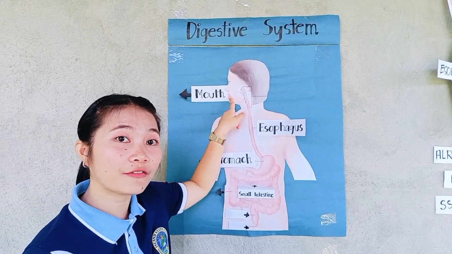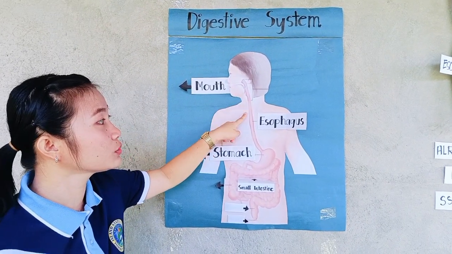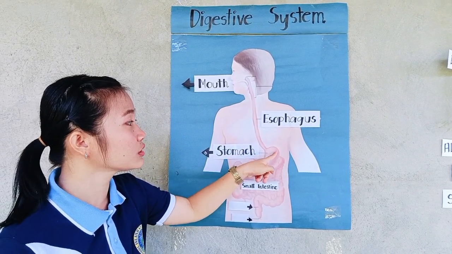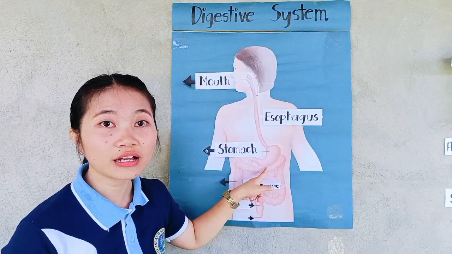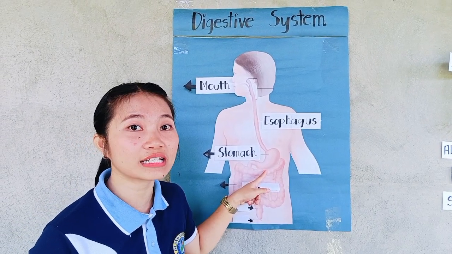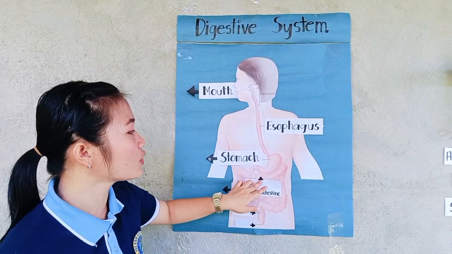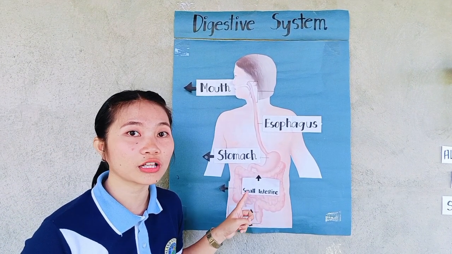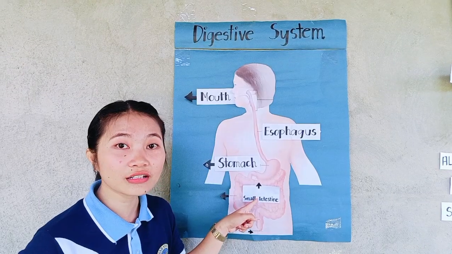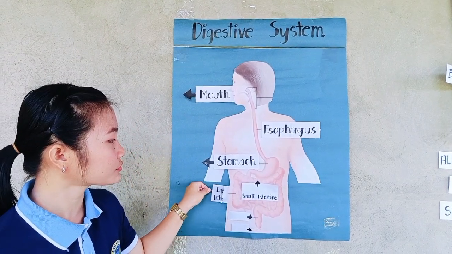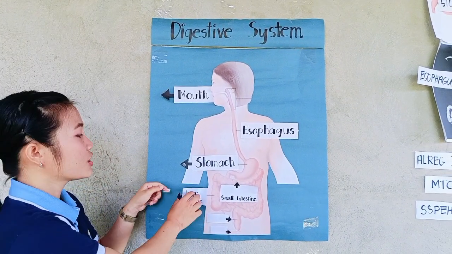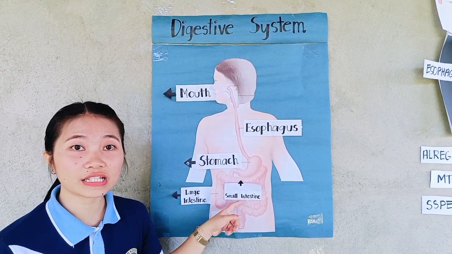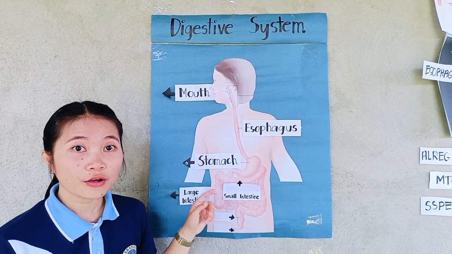With the help of saliva, it will moisten the food, and then it will go into the esophagus, and then next, it will go to our stomach, and our stomach will release some acids and enzymes, and then it will go into our small intestine that turns the semi-solid food into liquid, and then it will go next to the large intestine. The function of the large intestine is that when the small intestine has some leftover food,